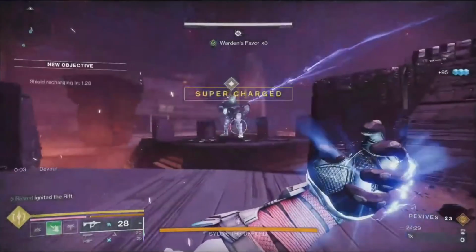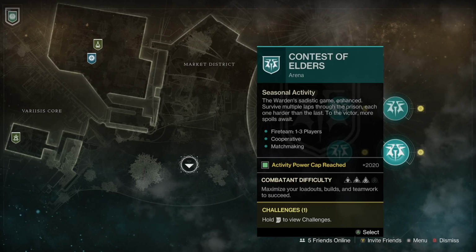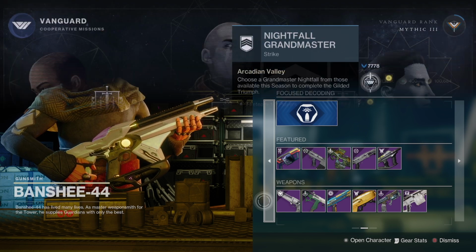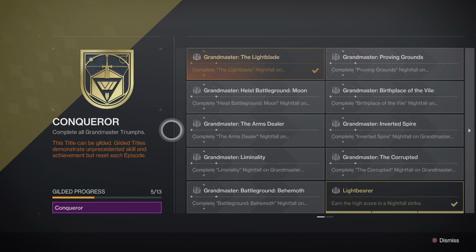For a weekly Pinnacle reward, Act 2 of episode Revenant brought with it the Tomb of Elders, and Contest of Elders over in the Last City, which can be accessed after you complete the initial steps of Act 2. Also, if you haven't already, it's worth dropping in to see the Gunsmith, as he has a curated set of weapons available. The Grandmaster Nightfall catch-up node is available, giving Guardians the opportunity to complete their Conquest Seal for this